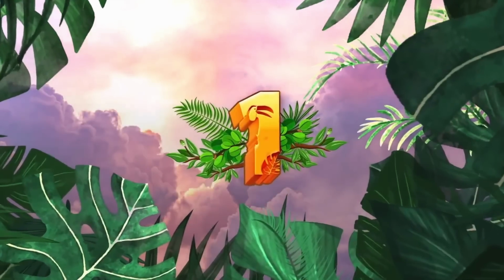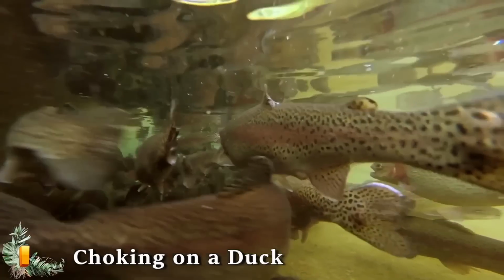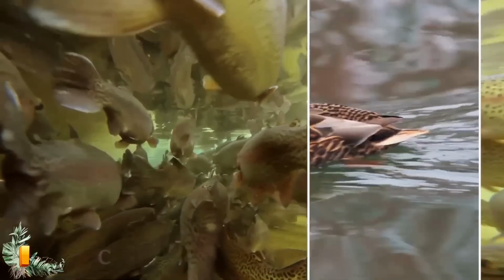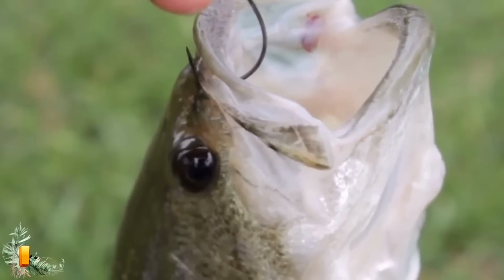Number 1. Choking on a duck. Even if you're a fish lover, you have to admit that fish are kind of gross. Fish are some of the most ridiculous things that occur in nature, and so it's no surprise that some of the things they do are extraordinarily creepy. Take for example this 25-pound pike that tried to swallow an entire duck and died in the attempt, killing itself